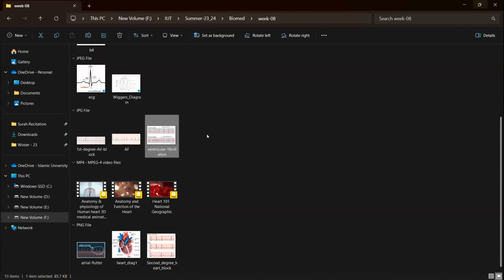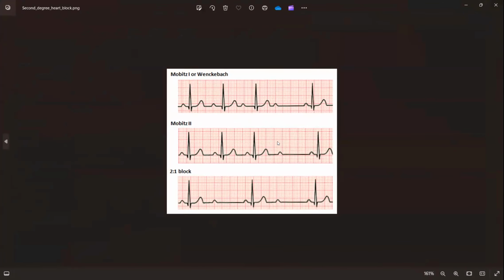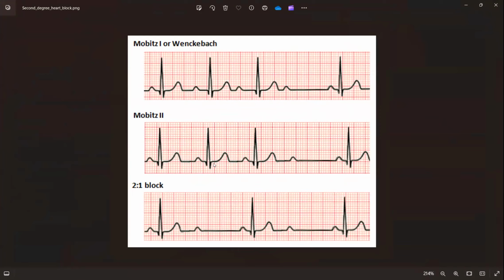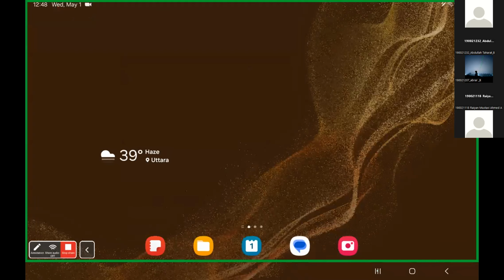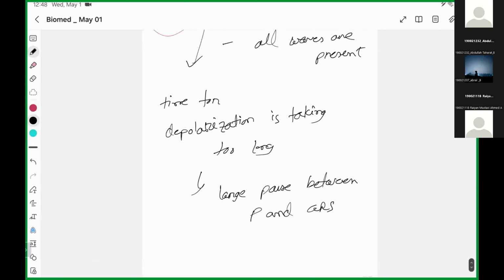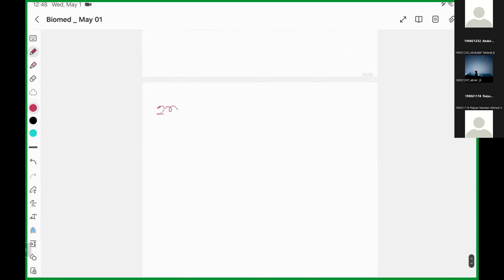So this is your first degree AV block. Then you have second degree AV block. This is your second degree. I'll discuss second degree a little bit later. In second degree, it can be divided into different types. Let me first explain it so it will be easier. So that is your first degree. Then you have second degree block. So in second degree block, you have